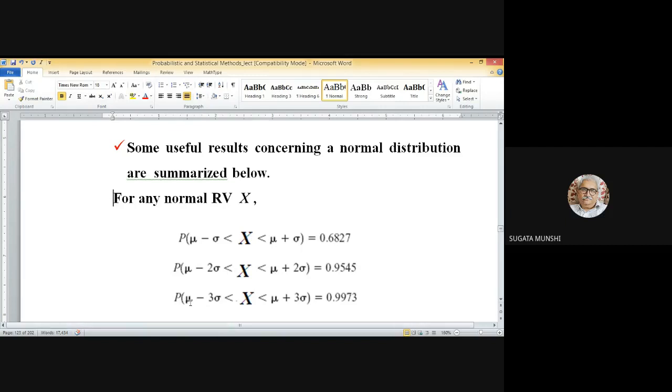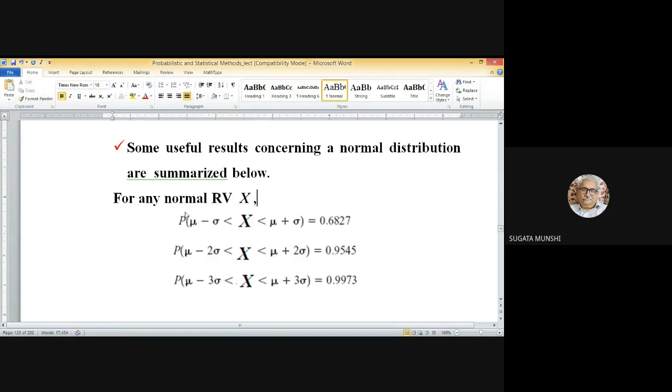The probability of X lying in the range mu minus 3 sigma to mu plus 3 sigma is a span of 6 sigma in all. Therefore, the probability of the Gaussian random variable lying outside this range extending from minus 3 sigma to plus 3 sigma about mu is very, very remote. Only in case of some rare events can X lie outside this range.